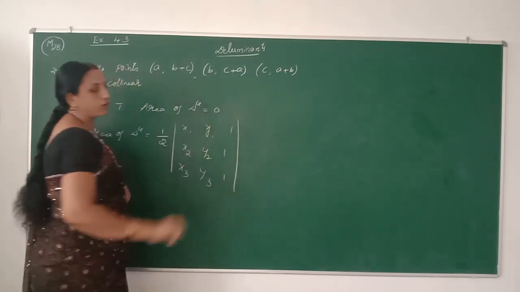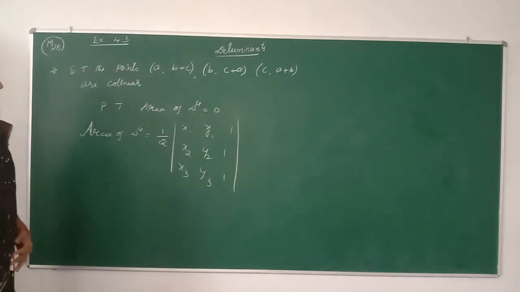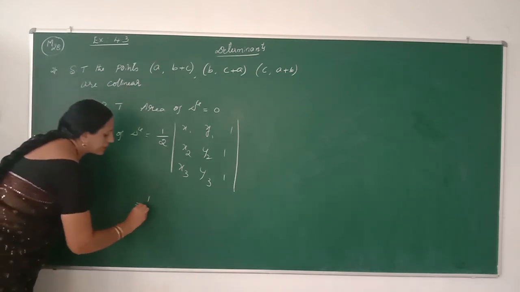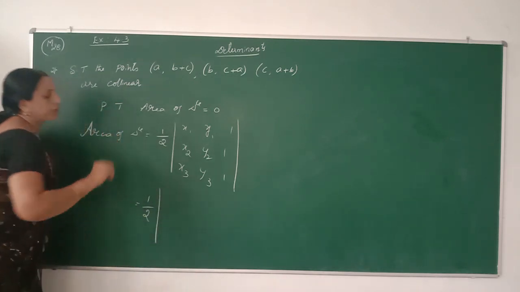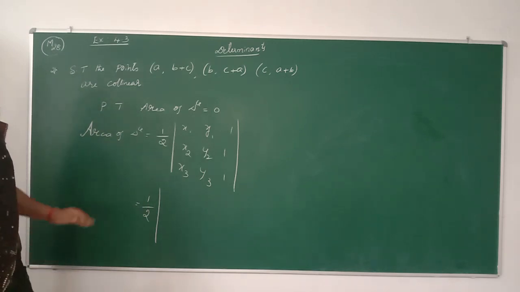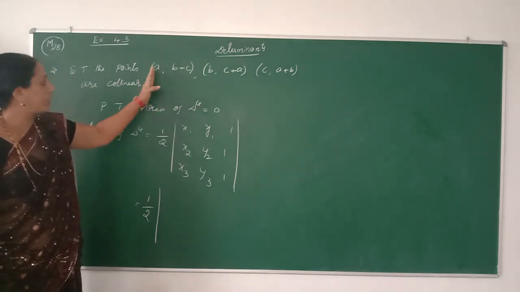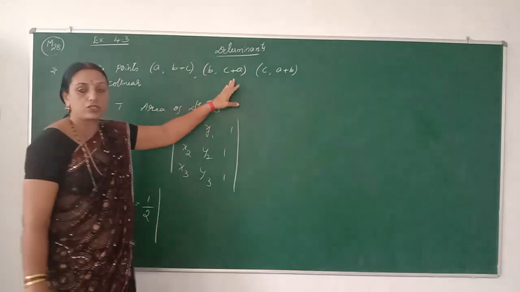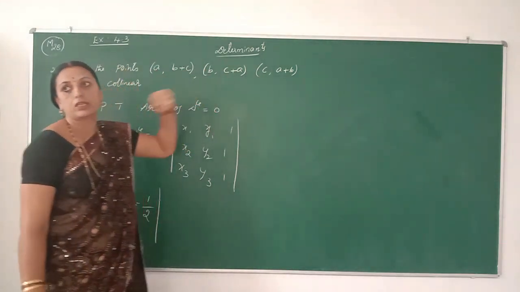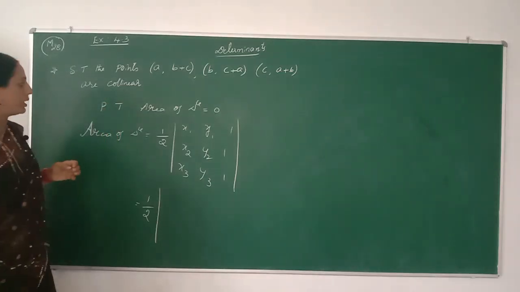That is one of the formulas to find the area of a triangle. After that, we substitute. Now what will be called x1, y1, x2, y2 and x3, y3? In the first pair, the values are denoted by x1, y1, the second pair is denoted by x2, y2, and the third pair is denoted by x3, y3.